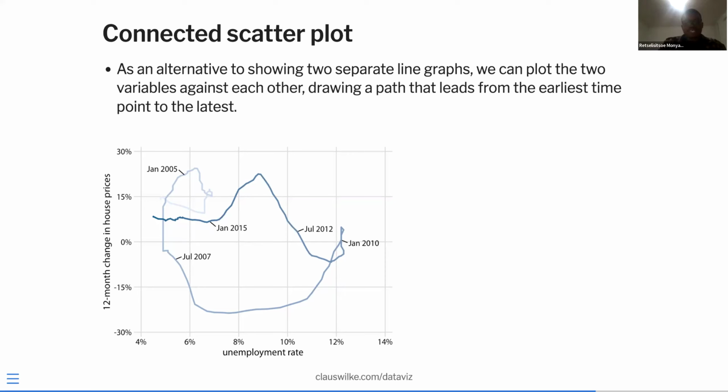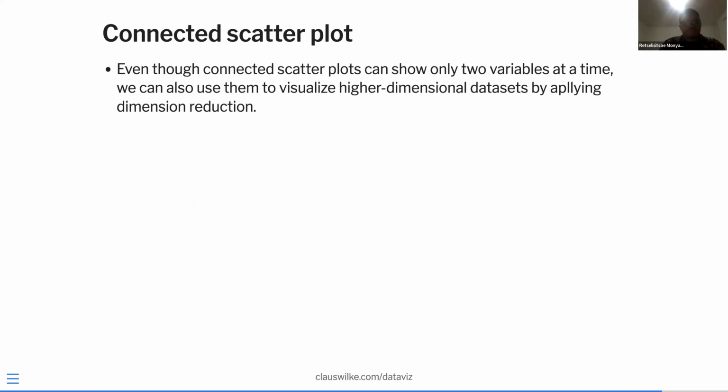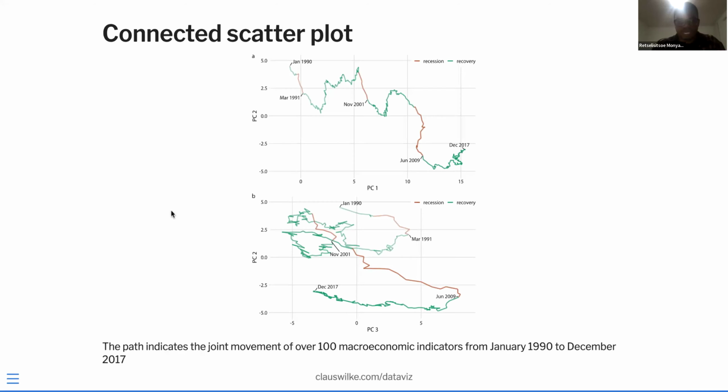So yeah, besides this, he then says that even though connected scatter plots can show only two variables at a time, we can also use them to visualize higher dimensional data sets by applying dimension reduction. And again, this is an example that uses PCA. I won't be able to open it in another tab because I'm sharing this window. But for example here,